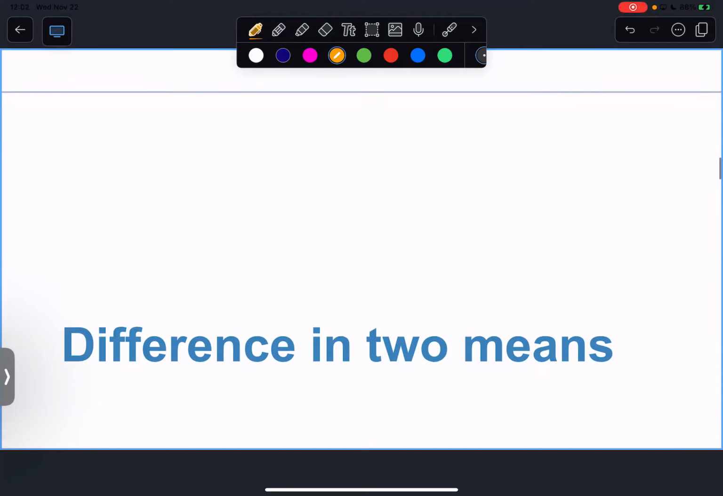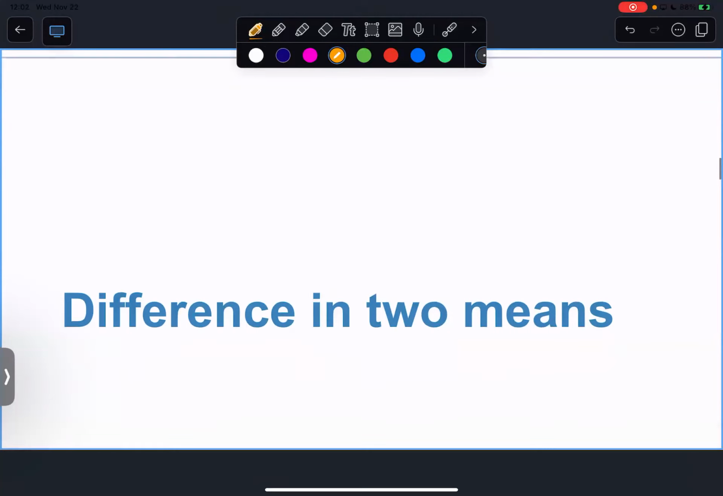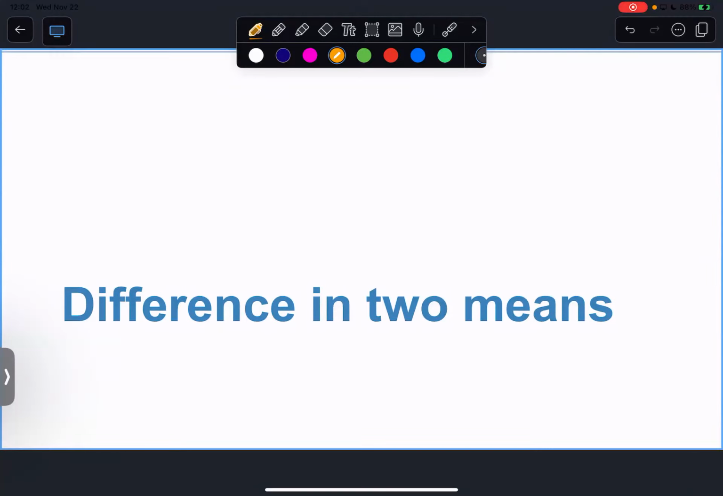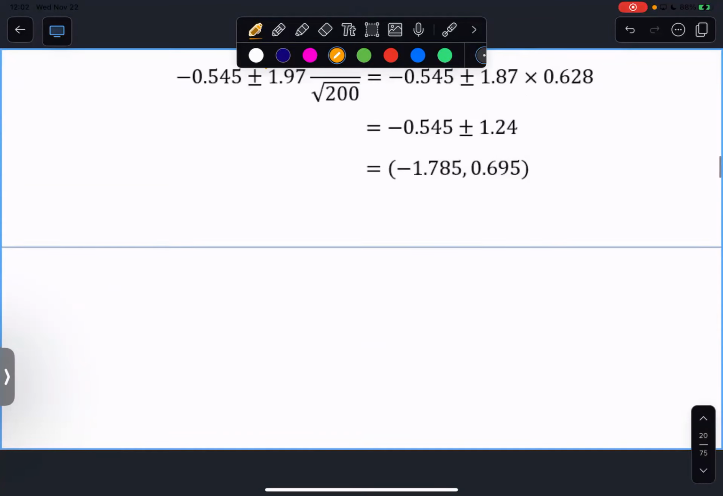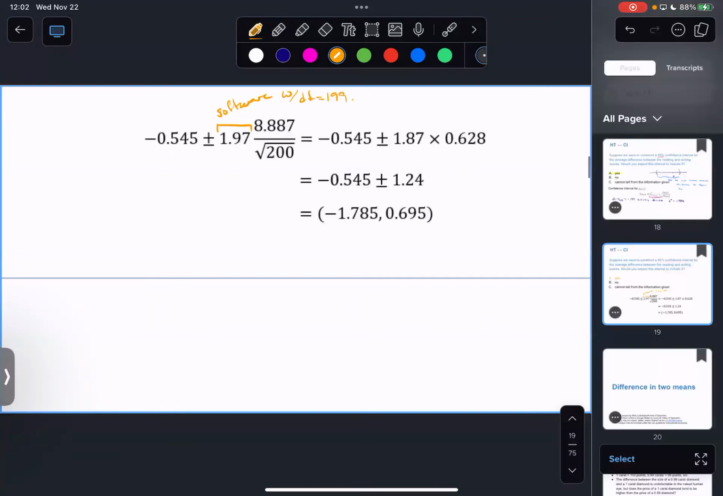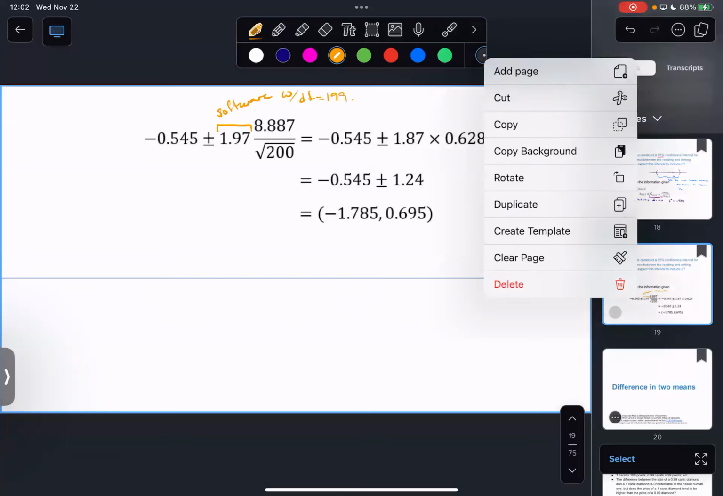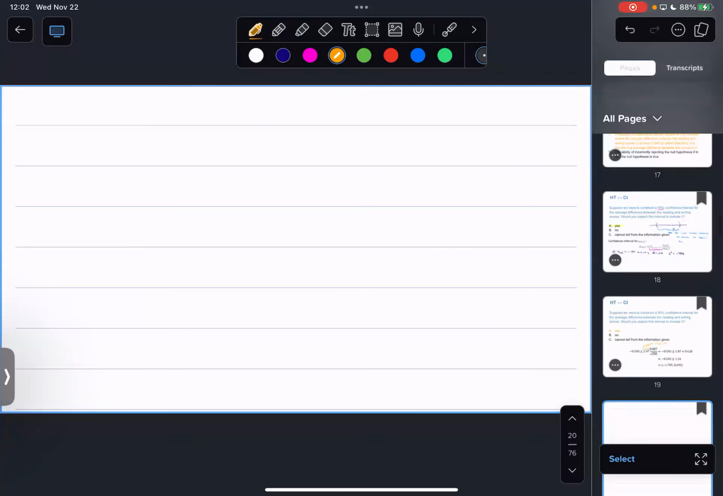Difference of two means? I already declared it's not on the test. Do I start it? Well, there was one thing that I wanted to just mention,